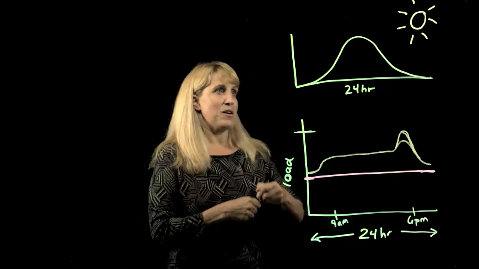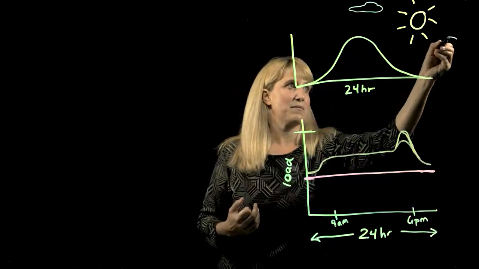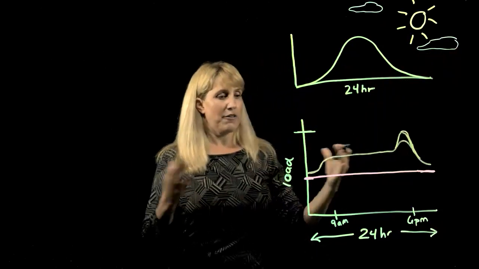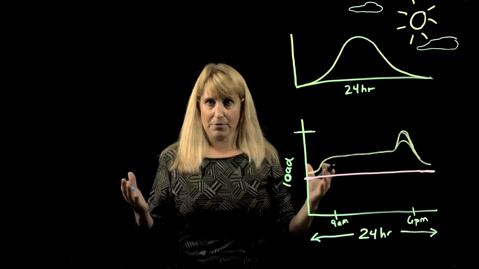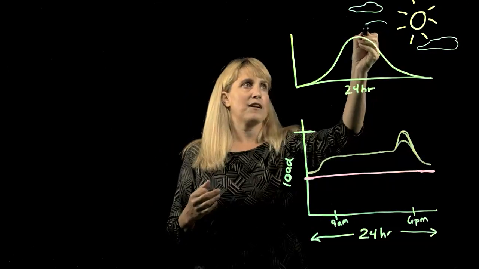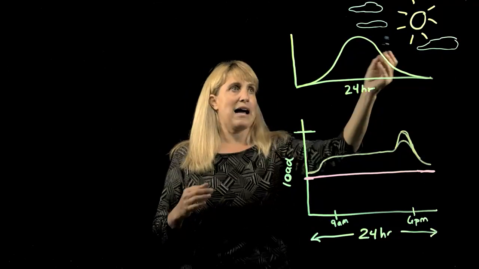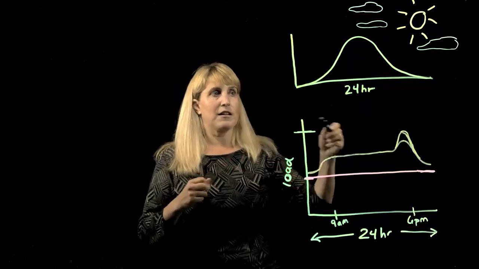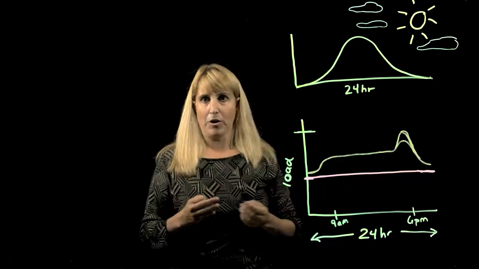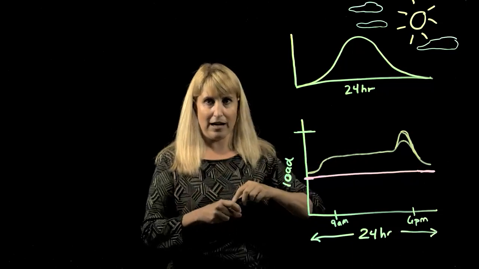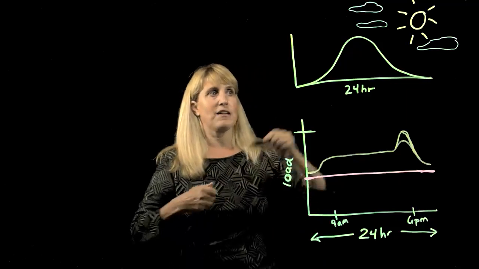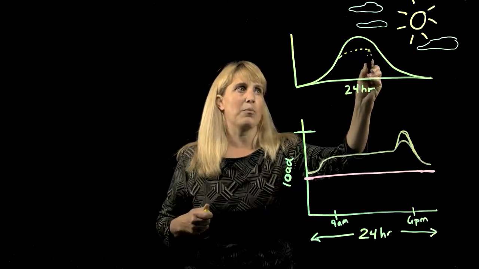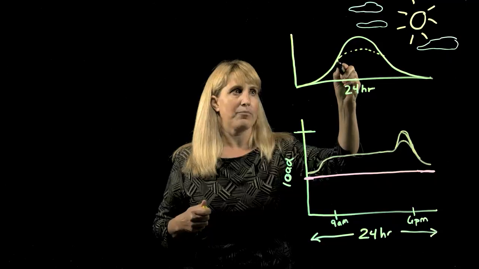Now, there's times where that generation might be interrupted and it's not so perfect, which could happen because you might have some variable cloud cover. And if you've got a fairly large grid and these solar panels are distributed resources that are spread across a pretty big geographic area, that cloud cover isn't necessarily going to impact the minute-to-minute fluctuations in solar output, because not all of those panels are going to be covered by that variable cloud cover at any particular point in time.